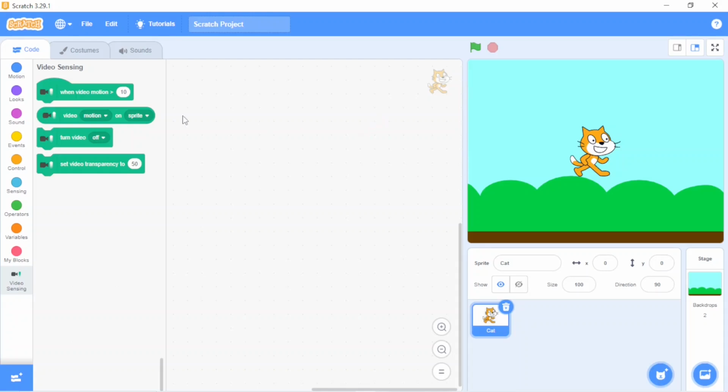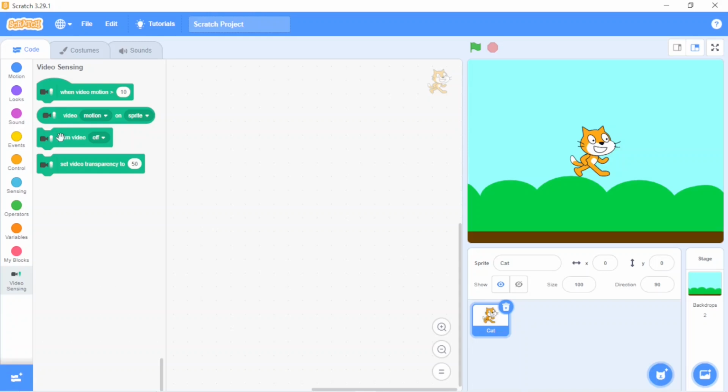And if above 30, then you need to wave your hands, meaning too much movement. And this is video motion on sprite. If you click on the drop down, you will see 2 options, motion and direction. And over here you will see sprite and stage.